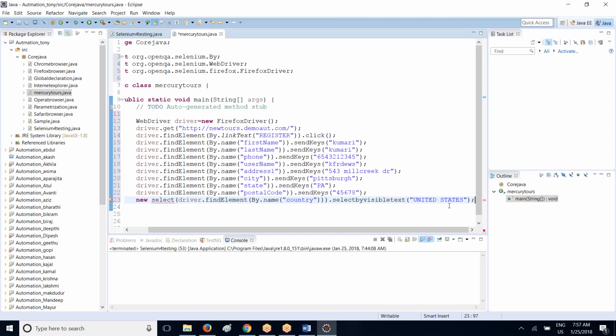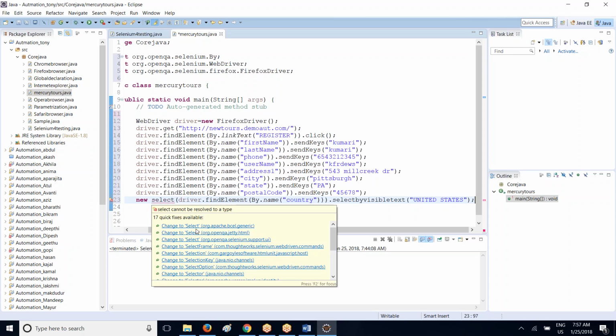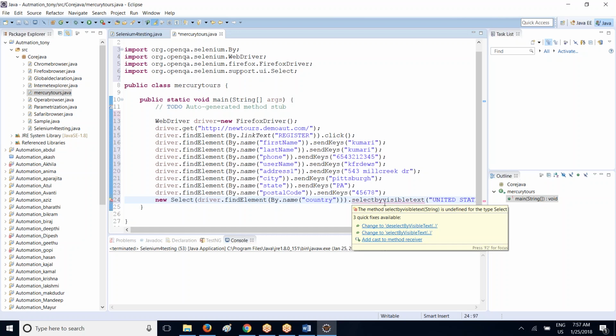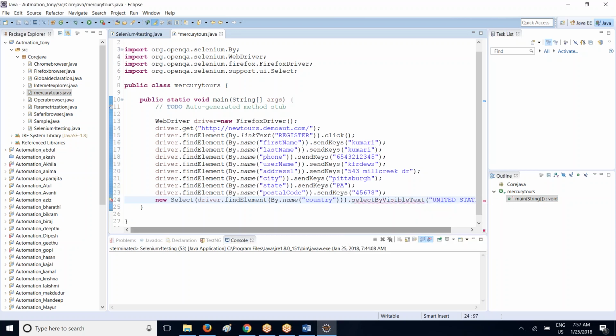And then don't forget to put semicolon, and now here you have an error. What is that? At the select. So just place your cursor on your select and change to select org.openqa.selenium.support.ui. Okay, and then you click on this select by visible text. So just place your cursor on your select by visible text and change to select by visible text. Okay,